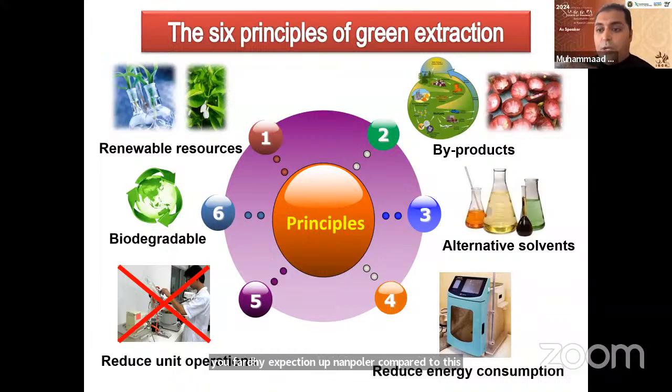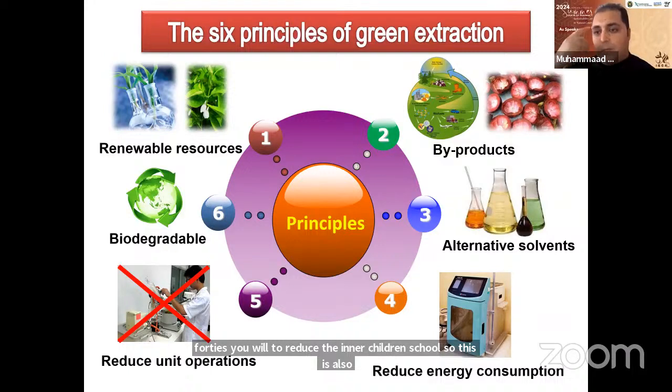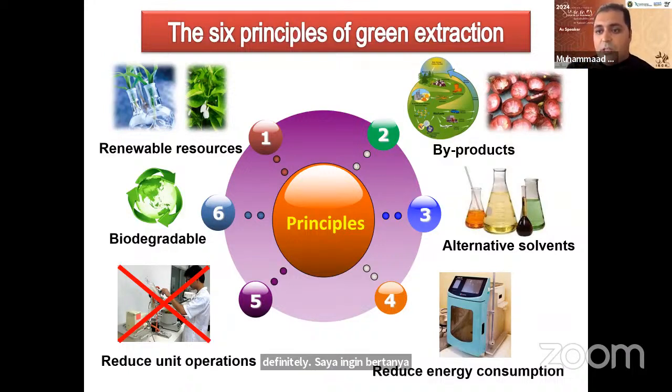The fourth is you have to reduce the energy consumption. This depends on the innovation, on how you can innovate the equipment or the process of the extraction. So this is also an important principle of green extraction. Fifth is you have to reduce the unit operation. The most important thing is you have to be creative about what should be the one stage process or two stage process which can reduce the unit operation. So ultimately it will reduce the time, and it will reduce the cost of the labor,